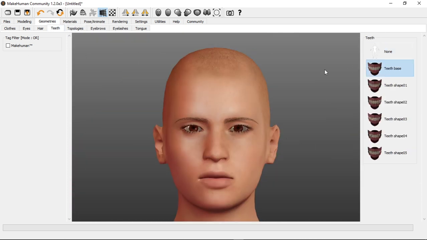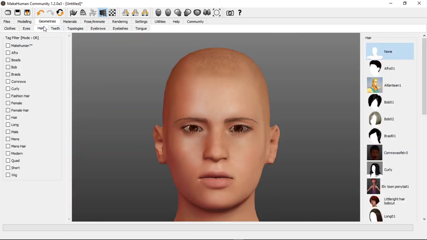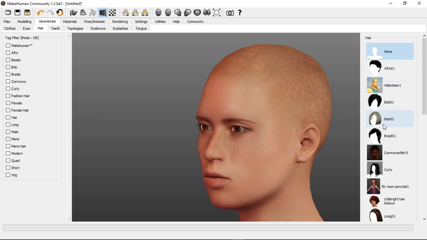Throwing in some teeth, hopefully not bad teeth, but we're gonna throw in some hair maybe. Now, talking about the assets, depending on what type of assets you choose, some of them are conflicting with the version of Blender that you may choose to use. If you're using Blender 2.80, some of them work decently, and then some of them will crash the actual system, or some will not work at all in terms of the character being able to synchronize and to be uploaded onto